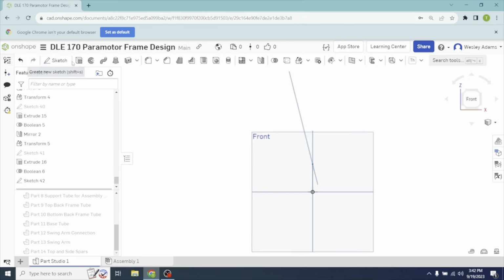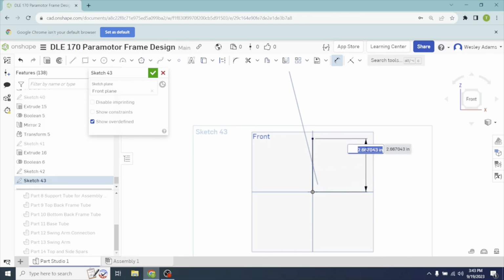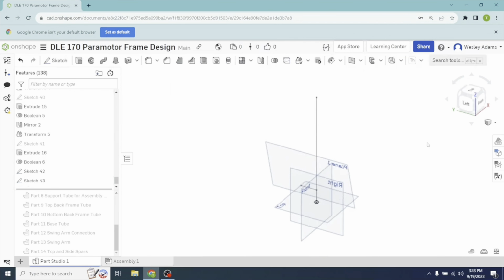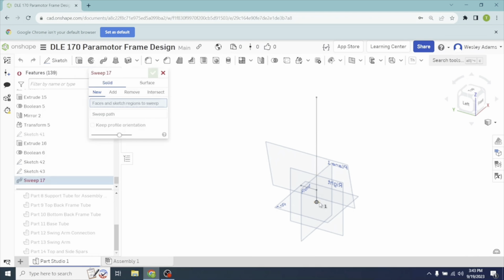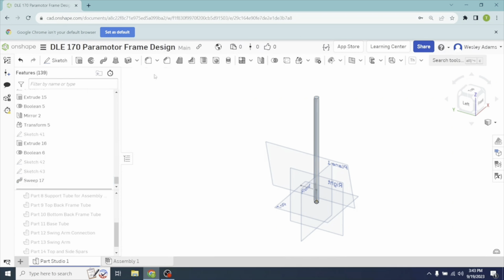left click on front view, left click on the line tool, hover over the center, draw that out, left click, hit escape to stop the line tool, left click dimension tool, hover over the line, draw that out. Let's go 12 inches, hit enter, close that, go back to isometric view, come over to sweep, select the circle, make sure it's solid new, left click swept path, left click on the line, that'll form the cylinder, close that